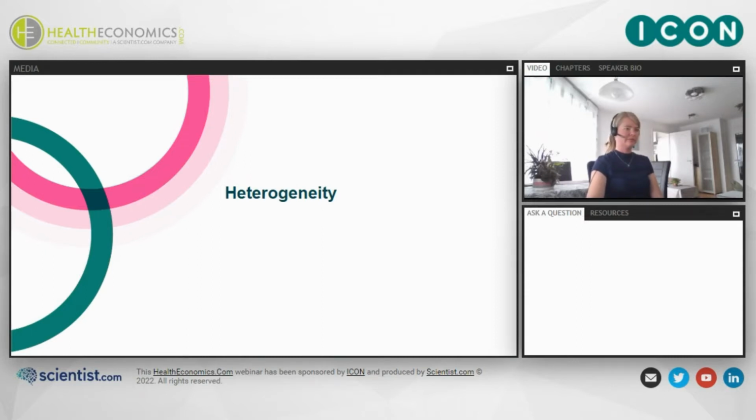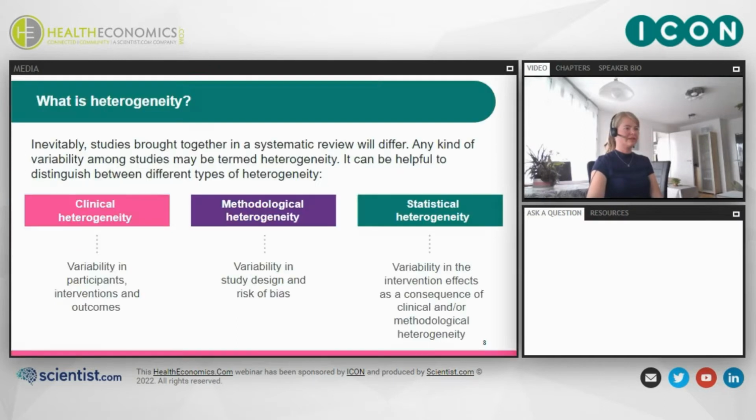Heterogeneity is also an important thing to consider when we do evidence synthesis. It is always present just by the nature that studies pooled always have some kind of variability, but some level is to be expected and tolerable. It just induces issues if the amount of heterogeneity is too extreme.